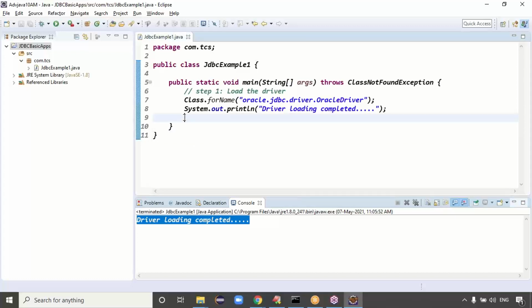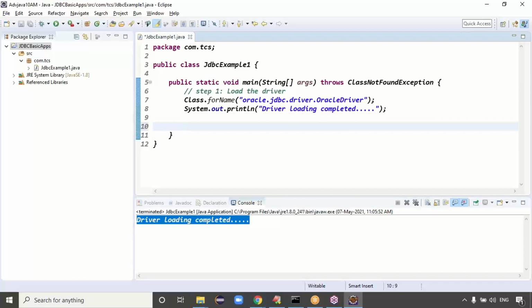First step, this much explanation is completed. Guys, are you clear? And tomorrow onwards, I will never explain loading the driver, where the jar file is, how to load the driver, or what the class not found exception is. The faculties will not explain these in the next classes. Only in the first class itself, I clearly explained all this information.